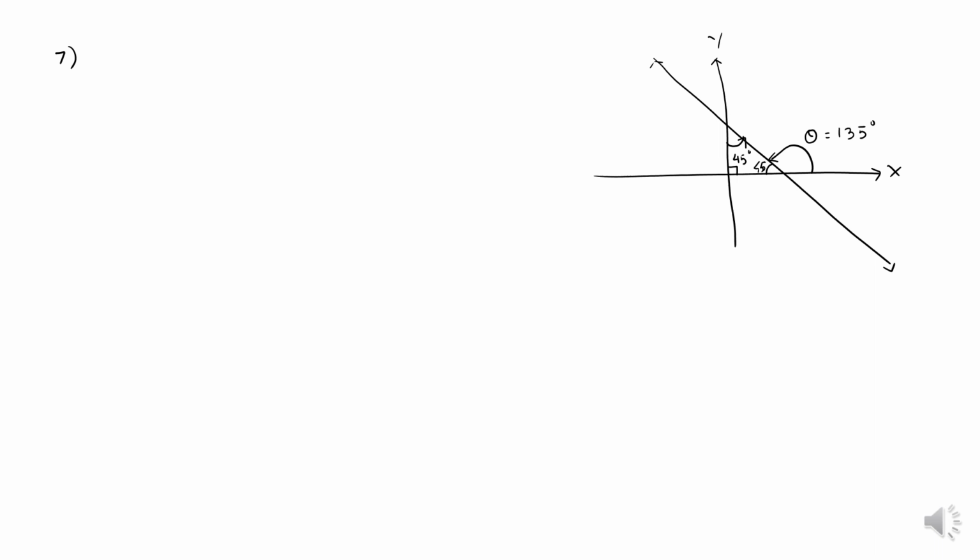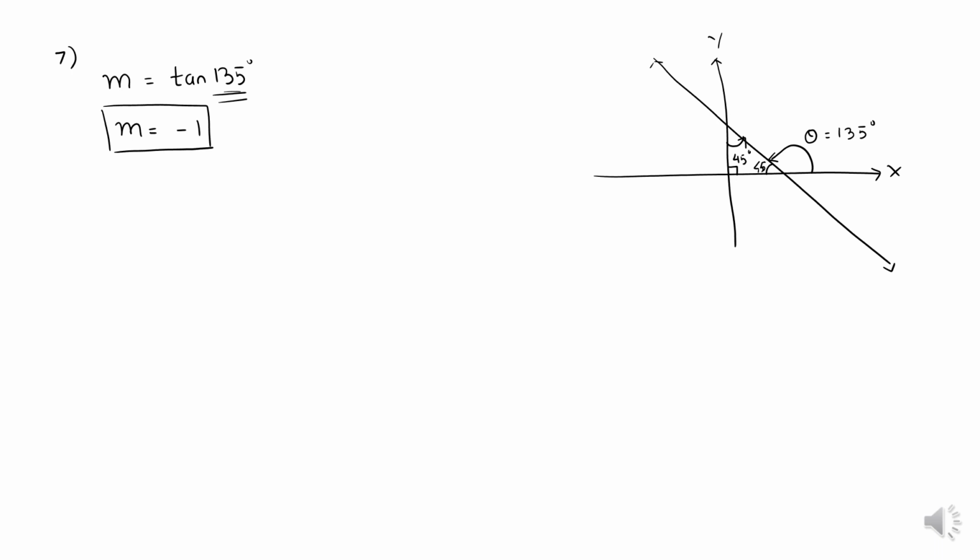Correct? So what will be the slope of the line? The slope of the line will be tan 135 degrees. Remember, the angle should be in the anti-clockwise direction. So m is tan 135 degrees. Now 135 means second quadrant, and tan 135 will be -1. So what is the slope of the line which is making 45 degrees with the positive y-axis in the anti-clockwise direction? Slope will be -1. If you draw the diagram, then you can directly write 135 degrees and write the answer.